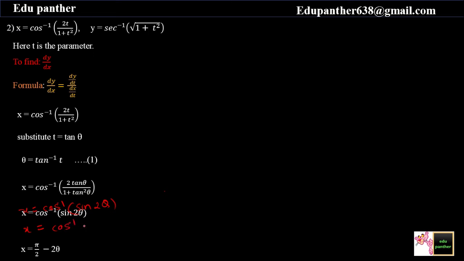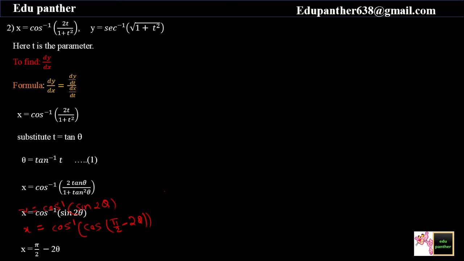So it's cos inverse. What we have to do here is change this sine theta into cos. For that, this is our allied angle formula, which can be written as cos of pi by 2 minus 2 theta. Note down this step. This is using the allied angle formula. Now this cos inverse will go with this cos, so we are left with pi by 2 minus 2 theta.